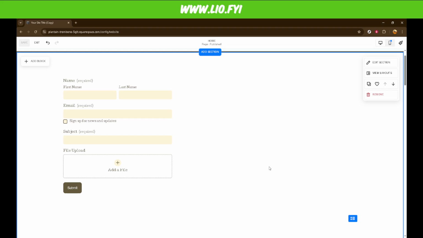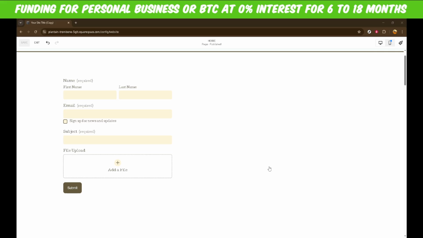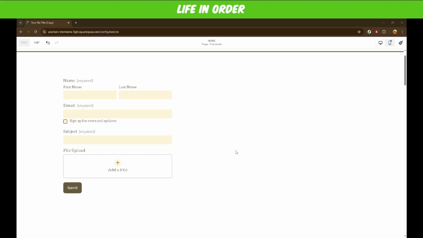And there you have it, a straightforward way to add file upload capabilities to your Squarespace forms. With these steps, you'll enhance the functionality of your site and provide a better experience for your users. Whether you're running a small business, organizing a community event, or simply managing a personal blog, this feature can be